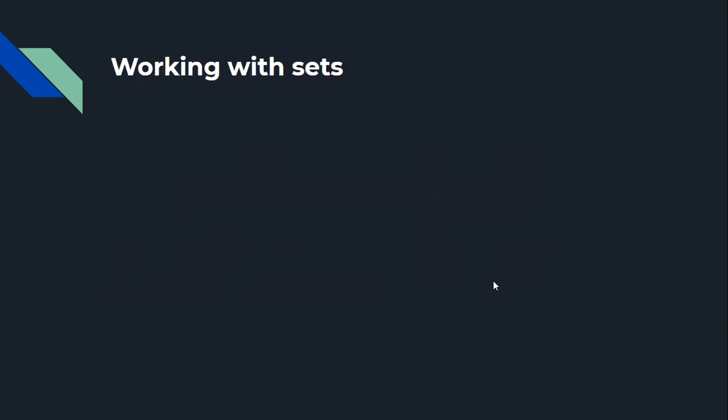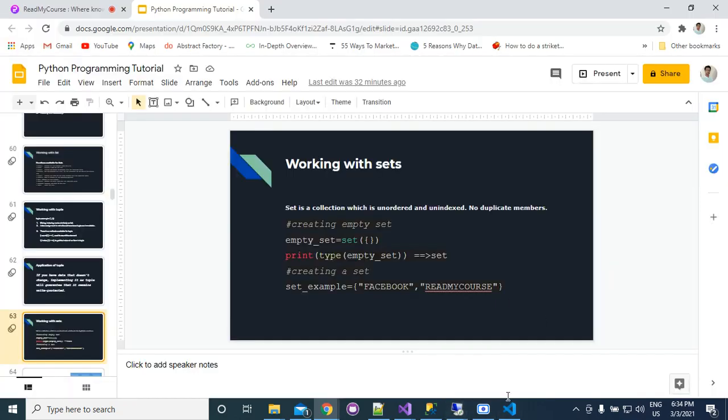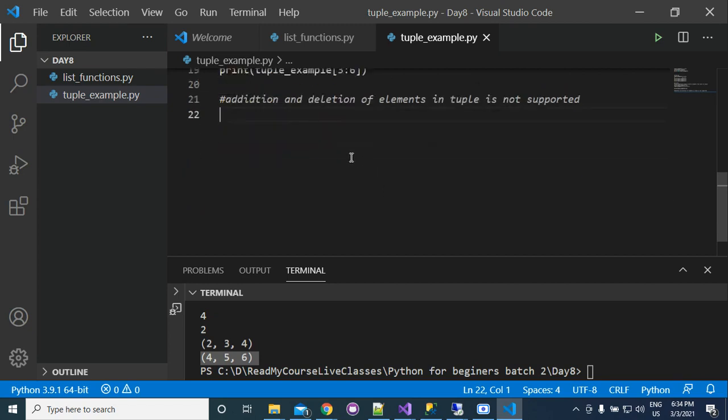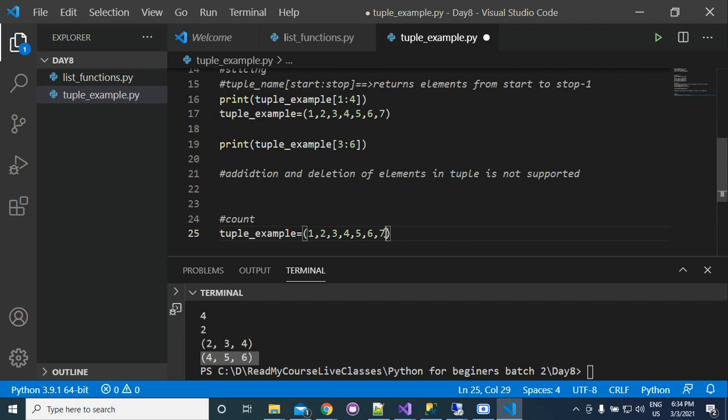Now we are going to work with set. But before that, let us look at the two methods present in case of tuple. First was count. Suppose you have a tuple like this, in which 2 is present 3 times.